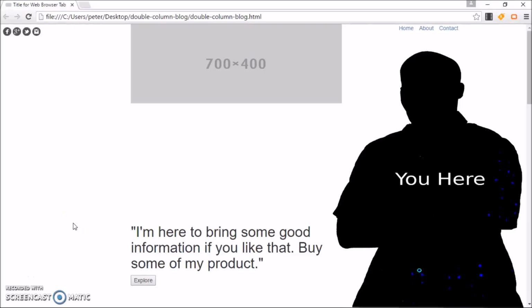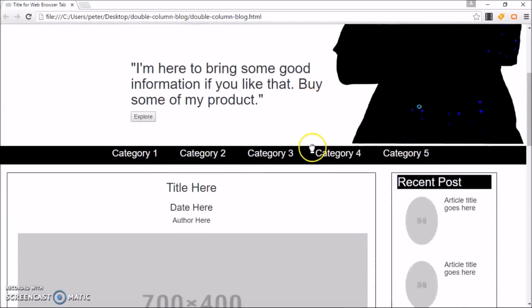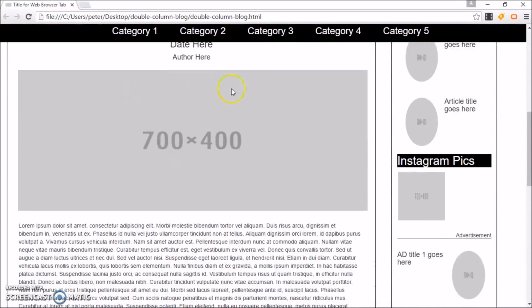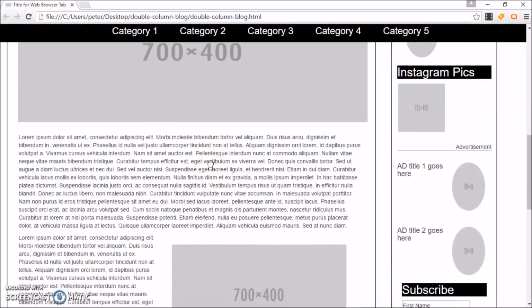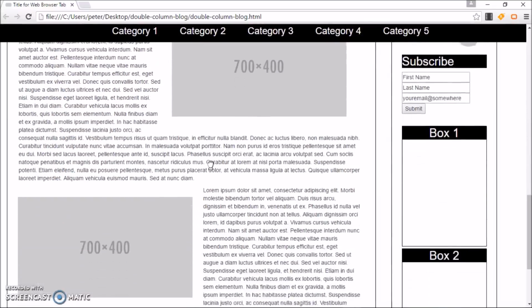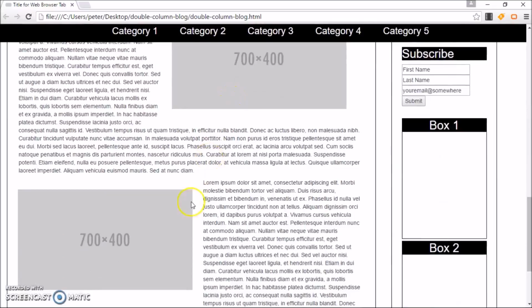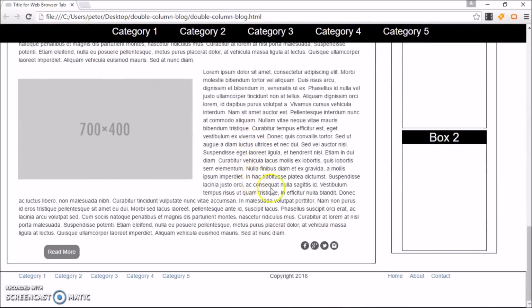All right, let's get started on your double column blog page. So let's just scroll down a little bit, show you how it looks. So you got your main spot for your article. And if you scroll down, you got your image placeholders right here. Your text, got a couple more images, read more